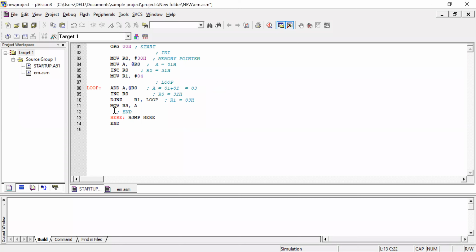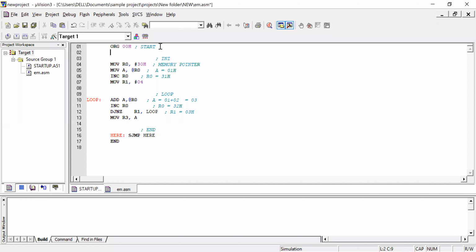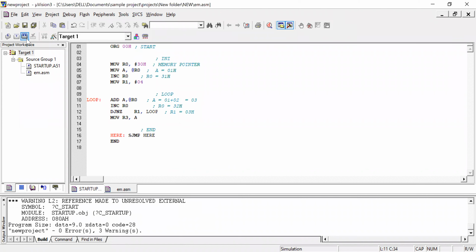Yeah. So this is simple. So for clear understanding, I will separate the program. Okay. So let me compile the program, debug the program.